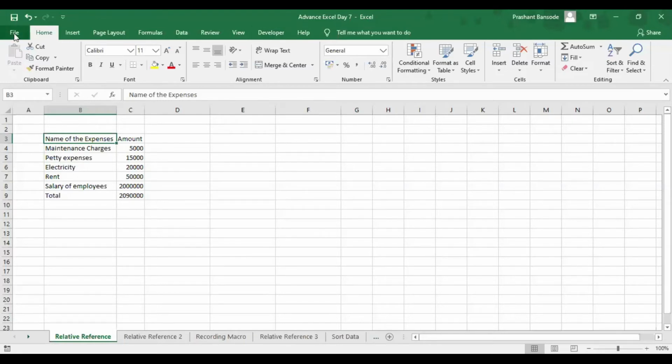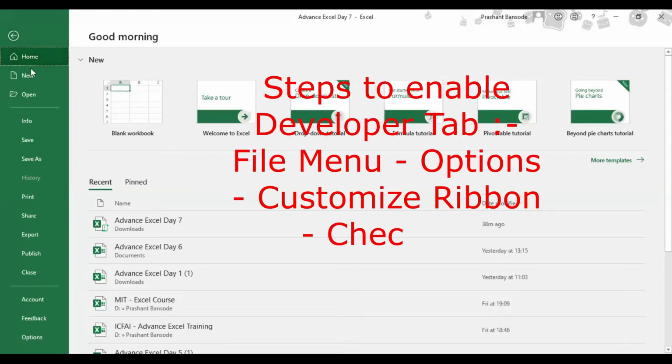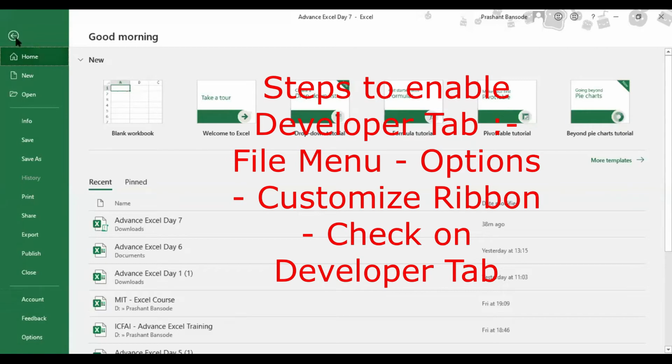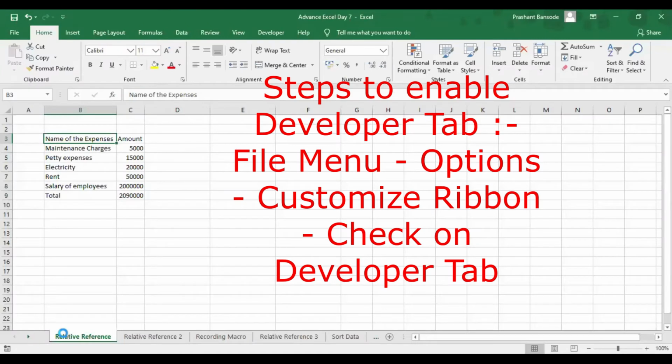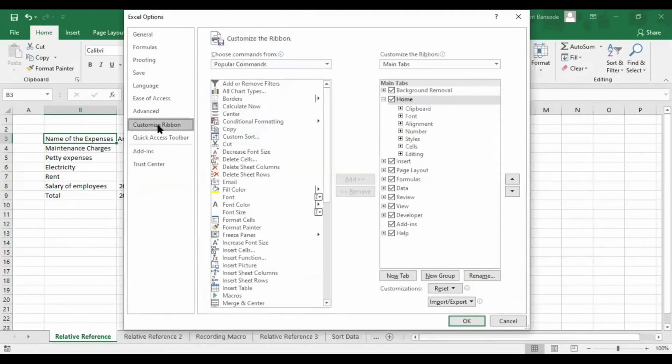You can just go to File, then Options, and then go to Customize Ribbon. Can you see Customize Ribbon? In this customized ribbon, on the right hand side, you just need to check the Developer option. Did you do it?